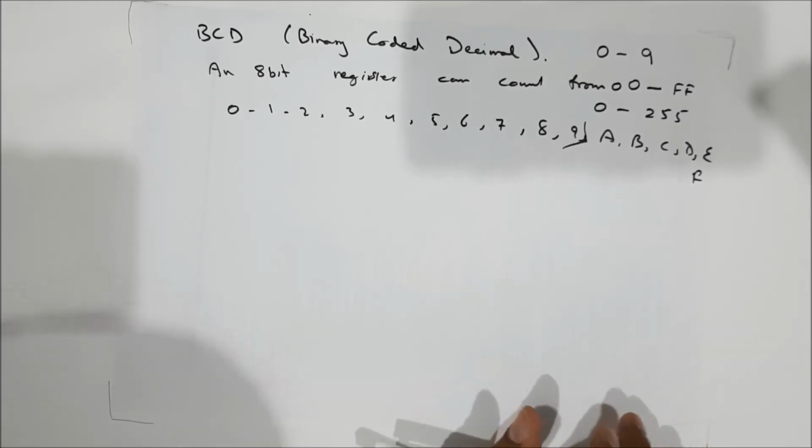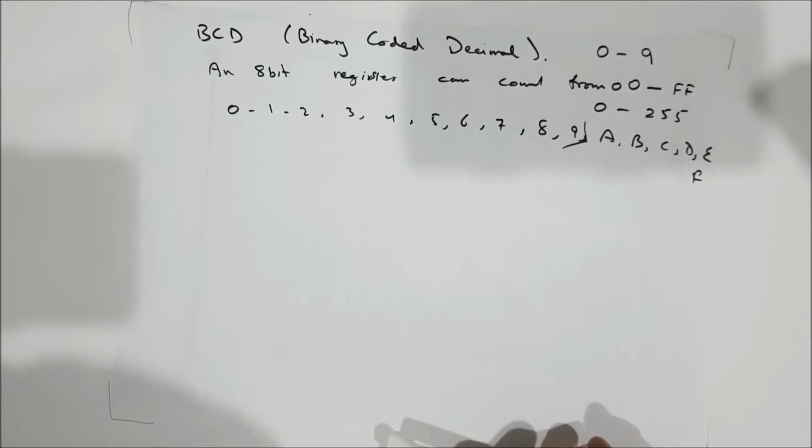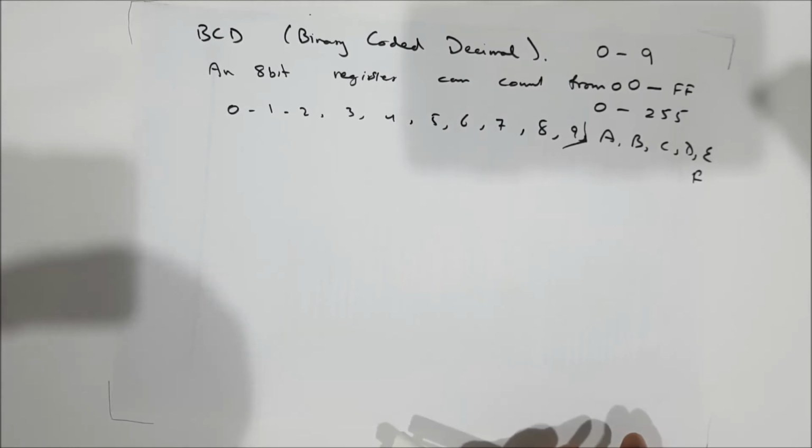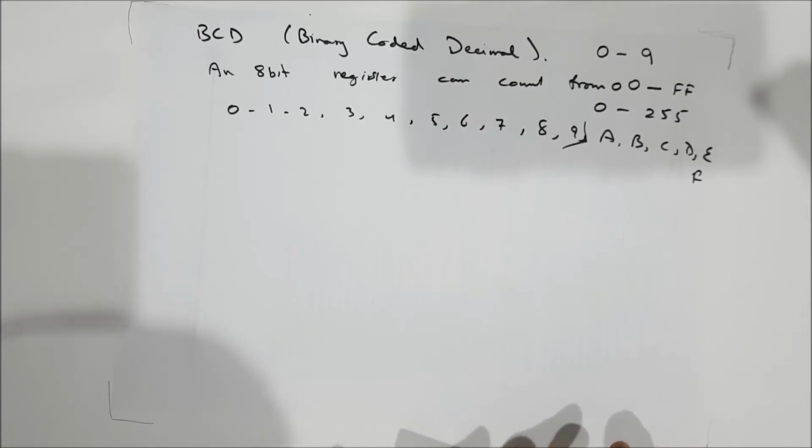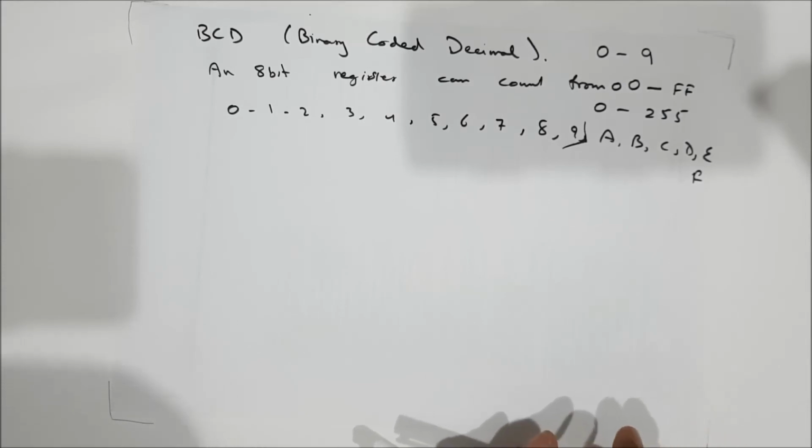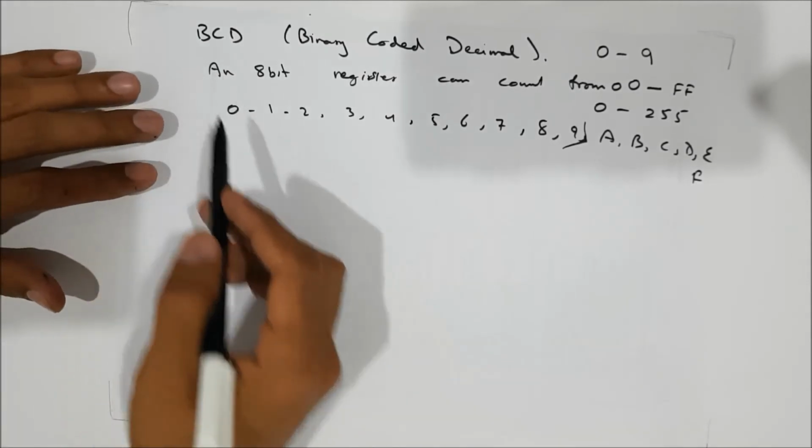Most of the microcontrollers, even the most basic ones, have devised a solution for this problem, because these microcontrollers will eventually be used for interaction with human beings. For example, if we want to make a digital wall clock, we have to display the hours, minutes, and seconds, and those should be between 0 and 9. There shouldn't be any alphabets A, B, C, D, E while displaying the time. So what we do is we use the BCD numbers.